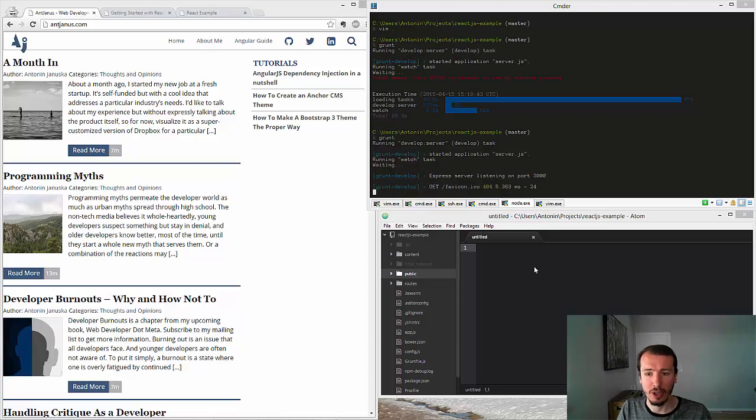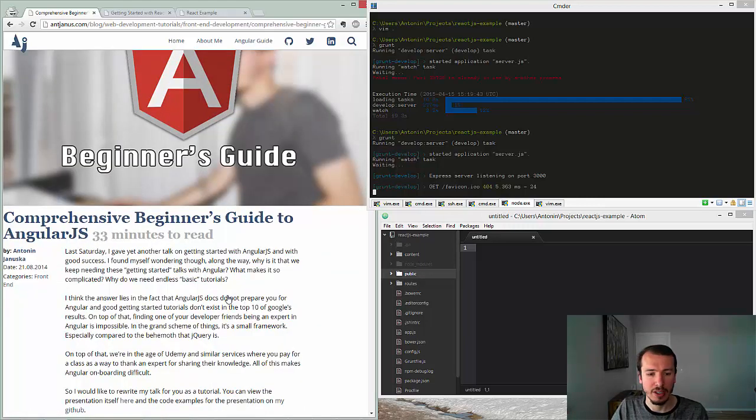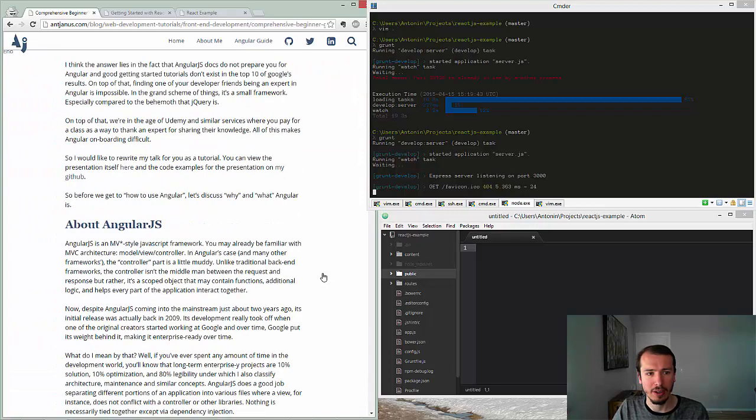Last year I did a really awesome guide for Angular. It actually stemmed from a talk that I did at a local meetup in Houston. There were so many people that loved it, and so many people that actually found it useful that I decided to turn it into an article. And that article got a lot of